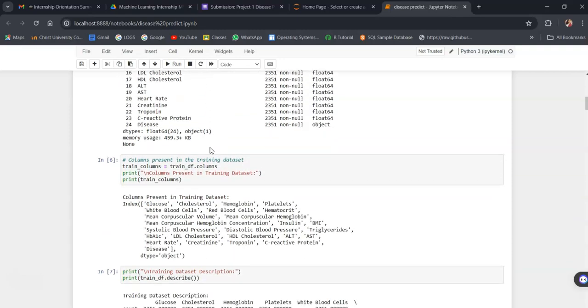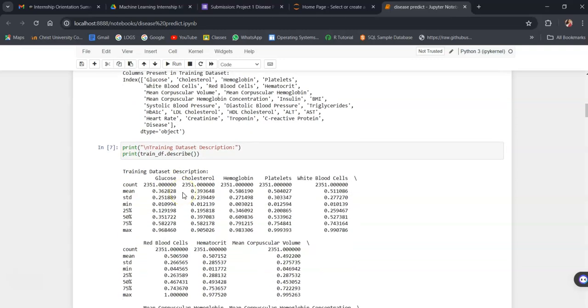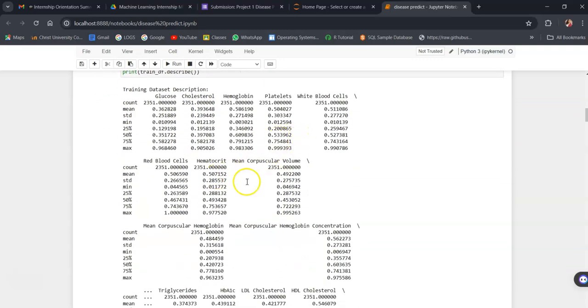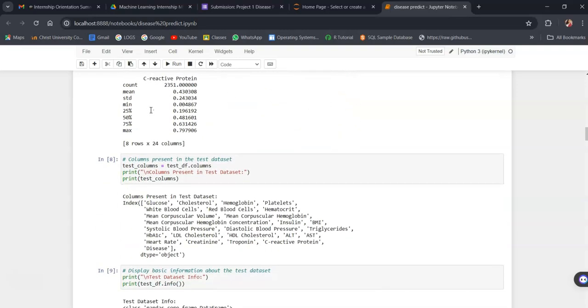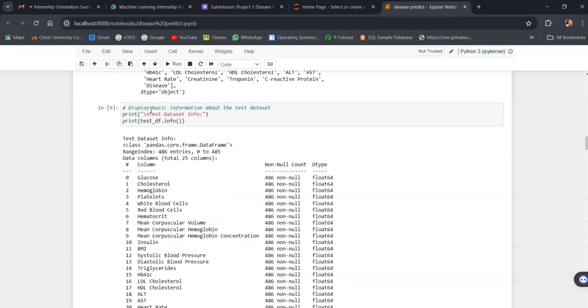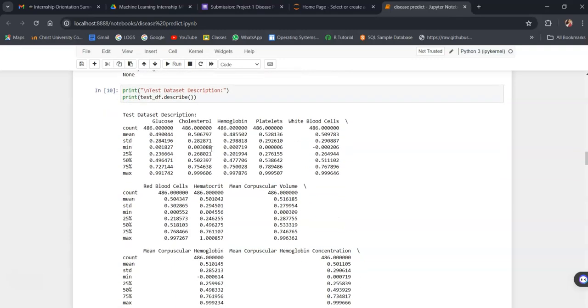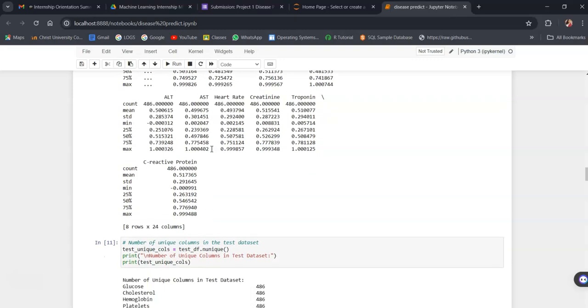Then we see the training dataset column names, and the training dataset description with count, mean, standard deviation, 25%, 50%, 75%, and max. Then we do the same for the testing data set, which has 485 entries, with its description of count, mean, 25%, 50%, 75%, max, everything.